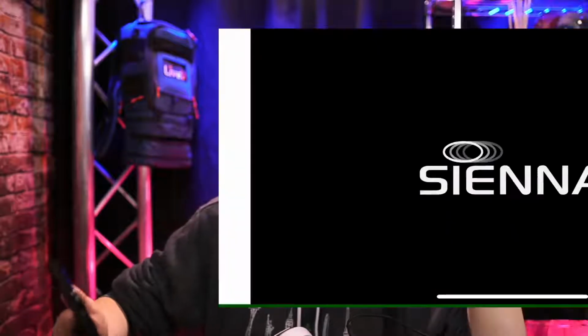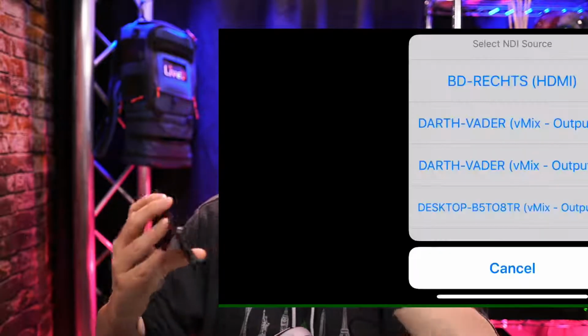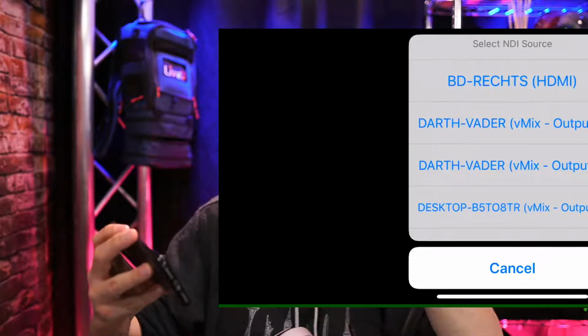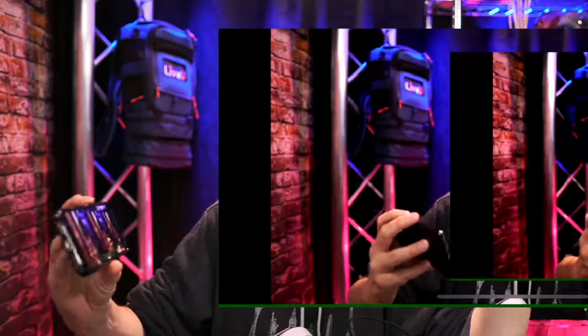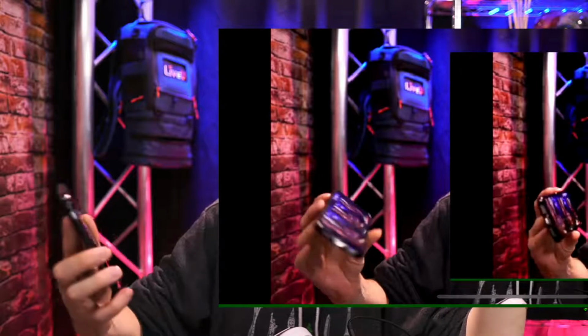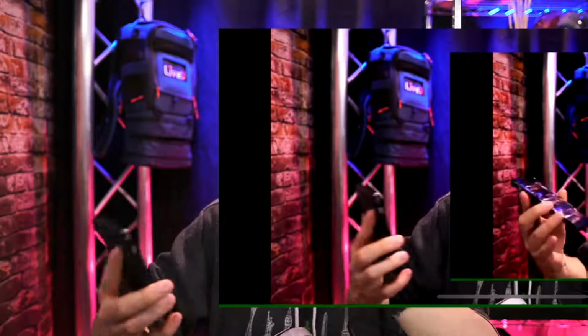For instance, NDI Monitor will do that for you. If I do this one, you will be able to select one of the different products. For instance, I can go to the other screen that I have right there. And then this is what you have.